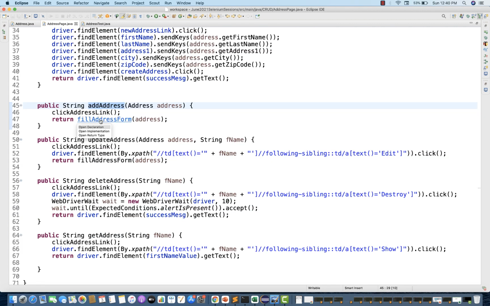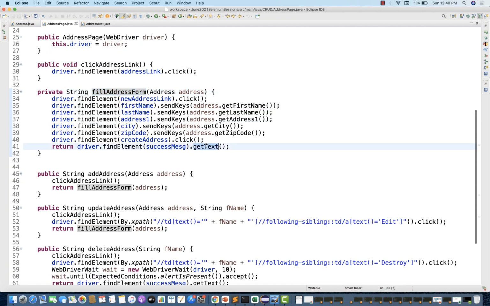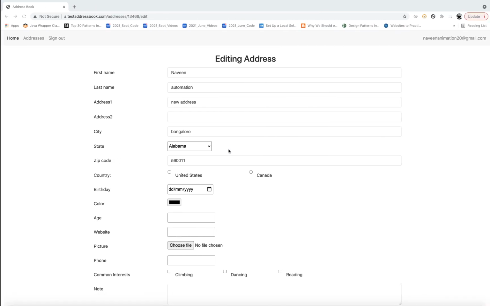It is returning this fill address form and returning the successful message after filling this. If it is displayed, then it's successfully fine. So if you really want to use get text, that also you can do that. So I'll say one thing that, okay, when I